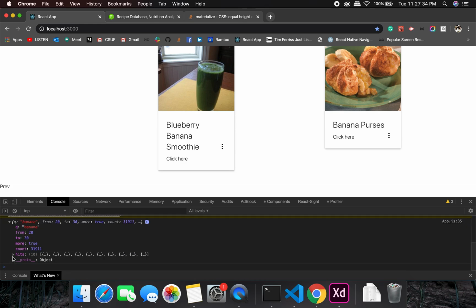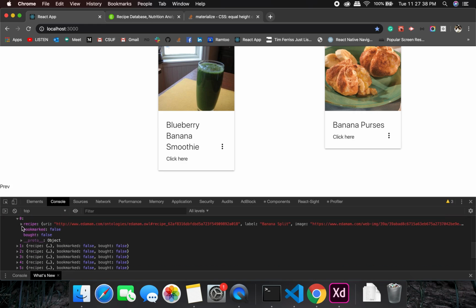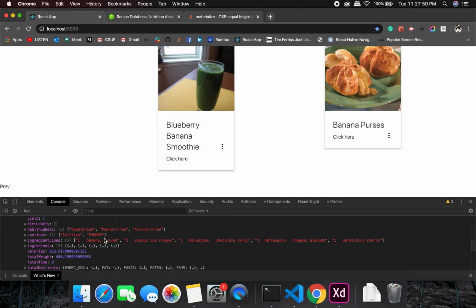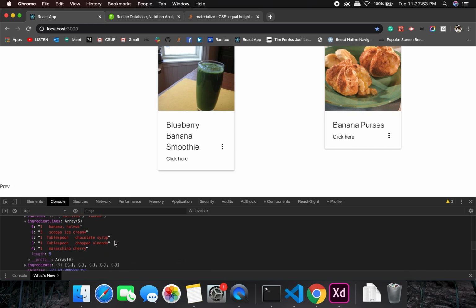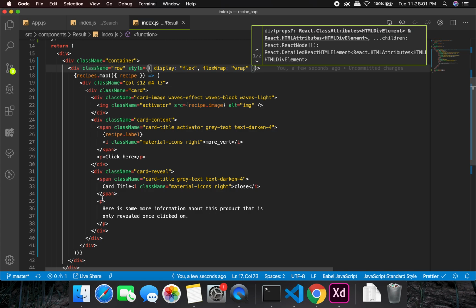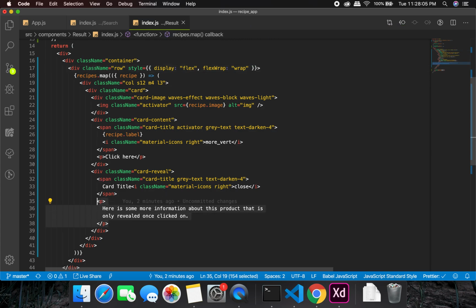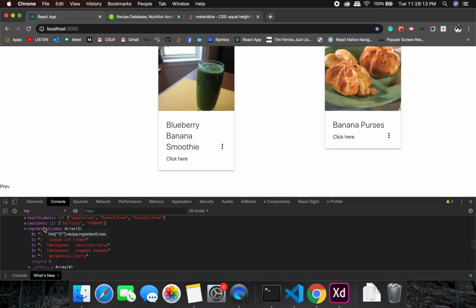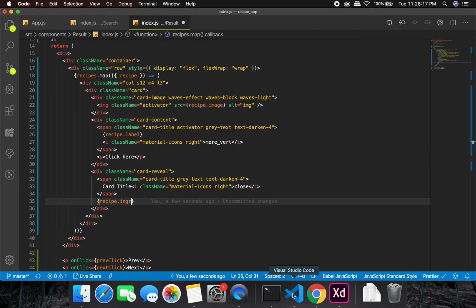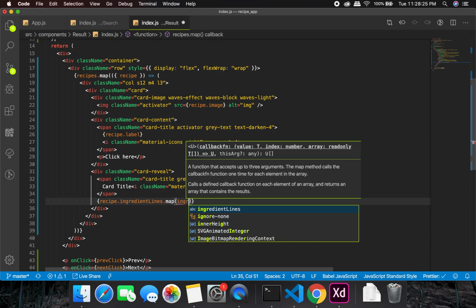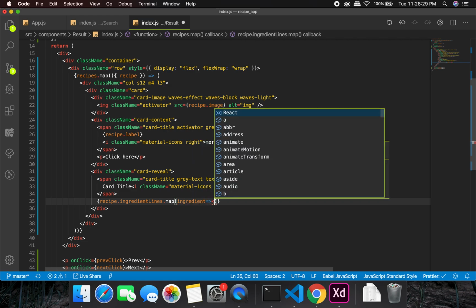So, and the recipe thing, okay, recipe label is working perfect as we are expecting. URL, we can redirect the people to this particular URL, and what we can do is we can use this guy's ingredient lines, and we can use them and map it into where? Into here. So what we will do here is recipe dot ingredient, let me see the exact name, ingredient lines. Okay, ingredient lines dot map, and ingredient, and we will have